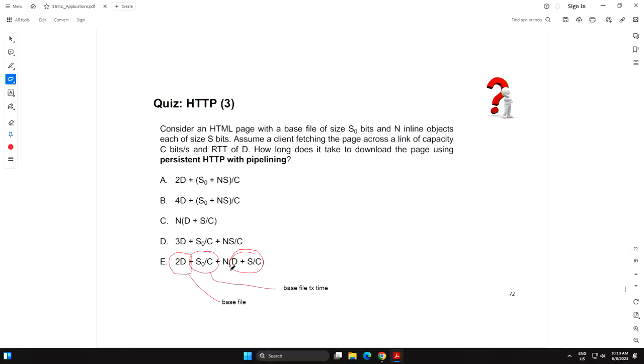This is the HTTP. So this D is the HTTP. Does it make sense now?